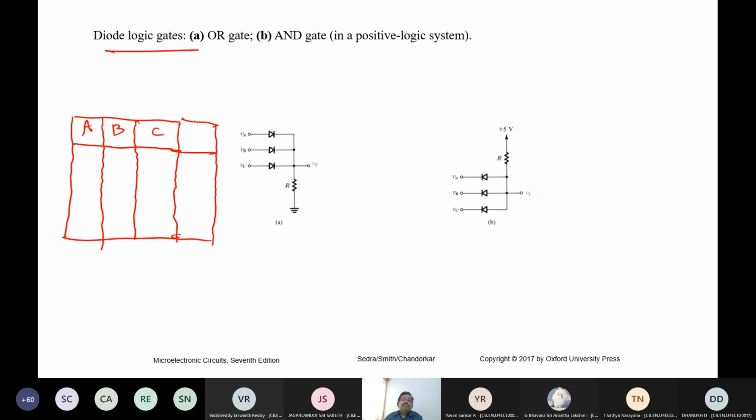And this is my output V0. Vy it is written, so let us write Vy, no issues. So this you will see when all the 3 inputs, which means only when all the diodes are conducting, you will get an output here. When all of them are open, if I put A, B, C, it will be 0.